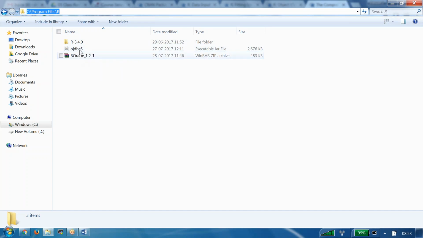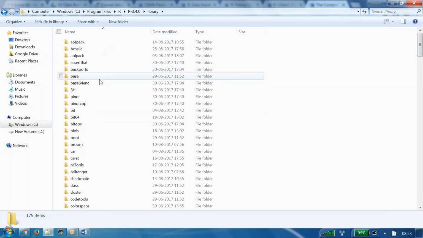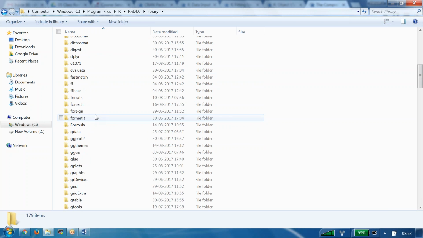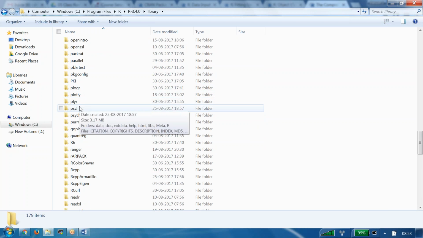Here, these two things I added actually to communicate with the Oracle database. What is this one? R 3.4.0. This is the one folder we are going to get. Here we have some libraries available. So these are the libraries that we have. Like we saw, let us say